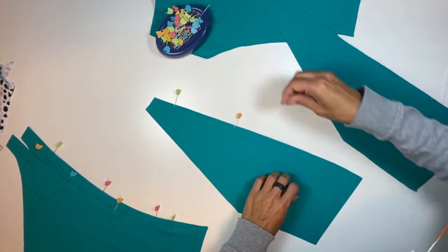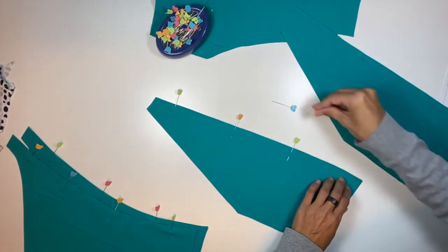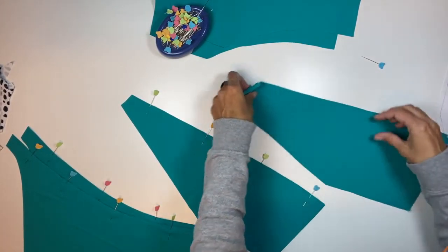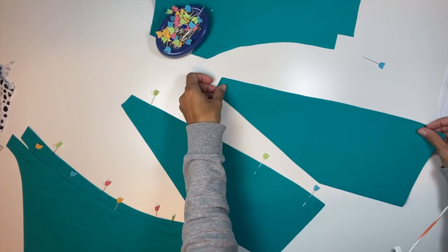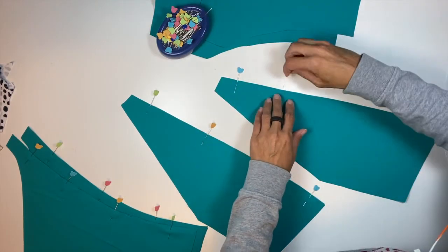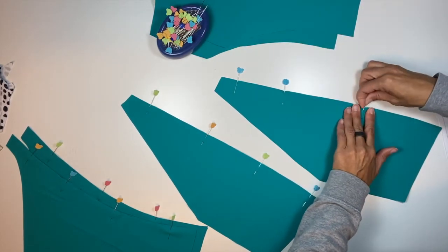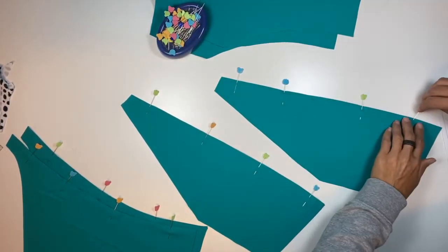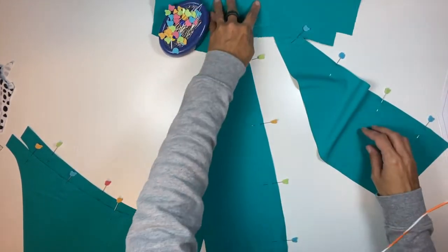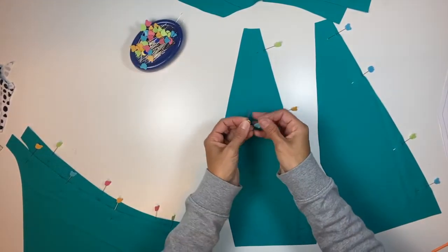Another thing I wanted to tell you is that when you cut the fabric, unless your fabric is a 4-way stretch fabric, you have to cut the greater length horizontally, around your body, to wrap around your body. I've seen some tutorials on swimwear where the pattern pieces are cut sometimes randomly on the fabric. I would advise you not to do that. Even if your fabric has 4-way stretch, you still should cut with the pieces vertically or horizontally, and that's why